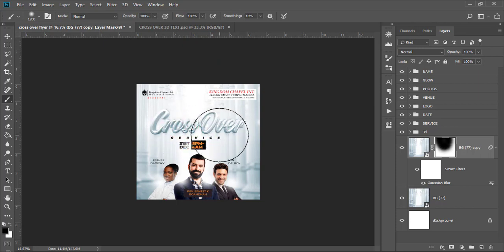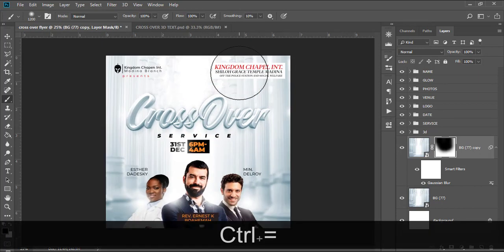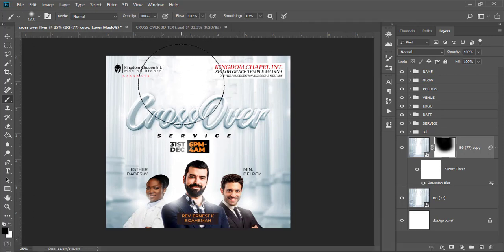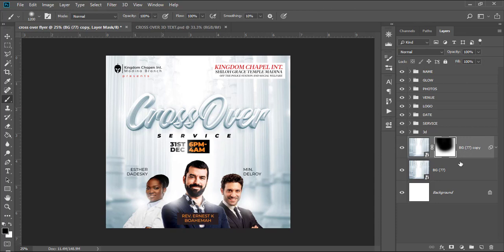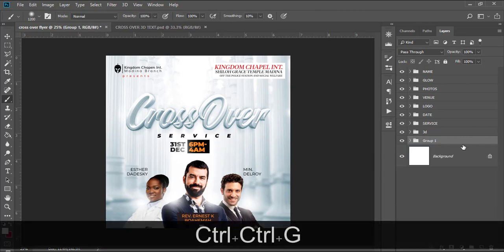We need to make sure some parts are showing. Okay, some parts are showing, especially the middle there. Alright, so that is it. That is basically it. And then the ground here is blurred, so we can even add a bird to it, maybe a dove or so, but we don't want to add a dove because this is a crossover flyer. We don't need doves and stuff in there. So this is good. Let's put it in a group, and then let's call it